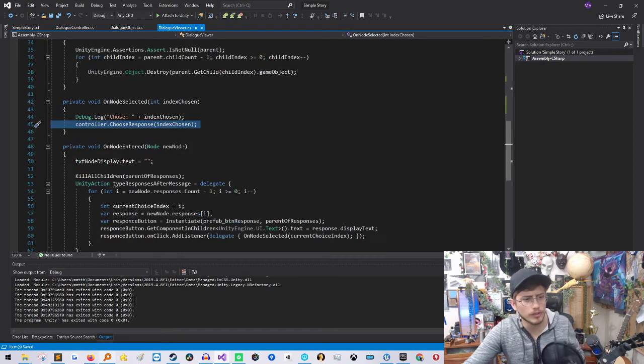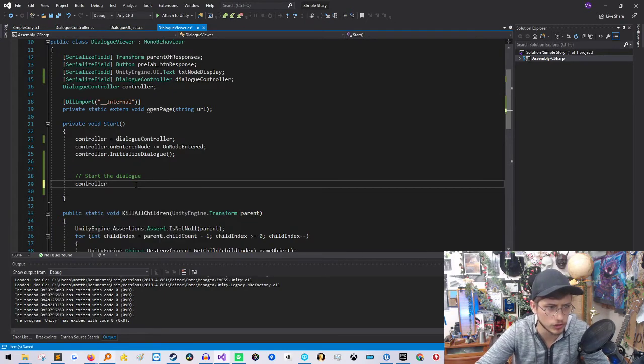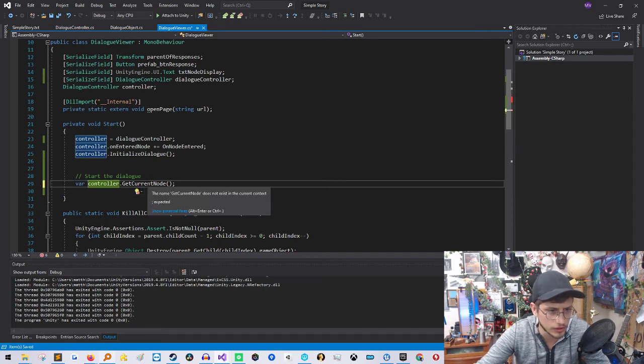So I guess what we want to do is sort of enter the start node. So does the controller have a start node from the beginning? Controller.start node or current node maybe? Okay, so we can get the current node. What does that return actually? It returns,